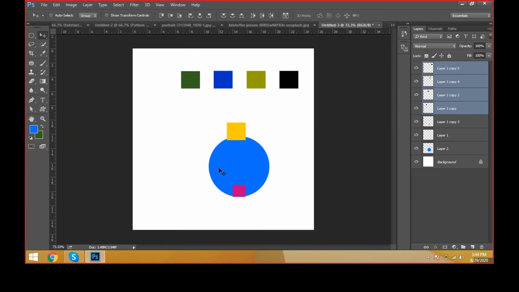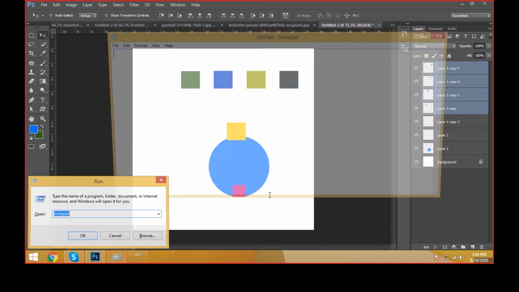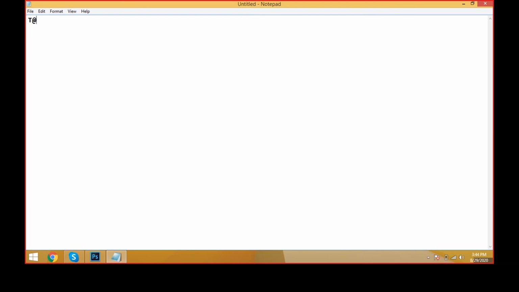These are the maskings. Generally, we have two types of masking, friends. One is layer masking, and the other one is clipping mask. Layer and vector mask are similar only.